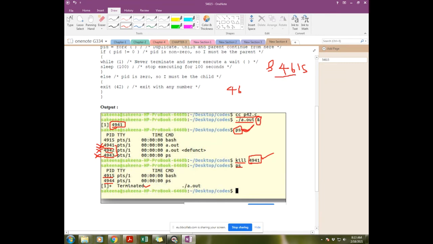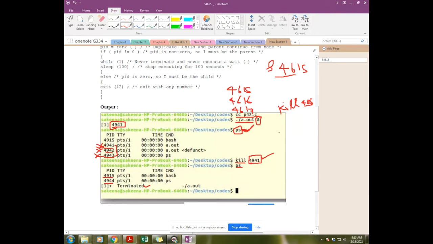Okay, so if you run 4615, your program will start from 4615, then 4616, 4617, and maybe 4618. Afterwards you will write kill and then the location, 4615.